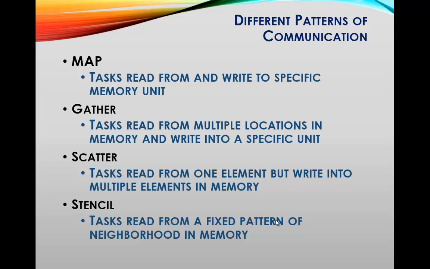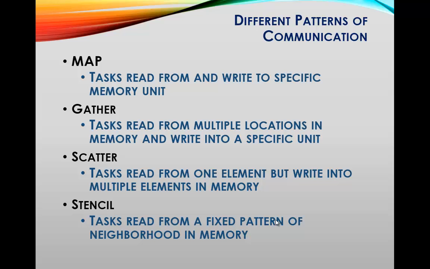A lot of filtering will happen in this manner. Scatter is the opposite. When you have a task, read one element and then split the content of that element and write into multiple units of memory, multiple elements of memory. And as you can see, scatter is going to be a little bit more complicated and probably a little bit more difficult to implement, because